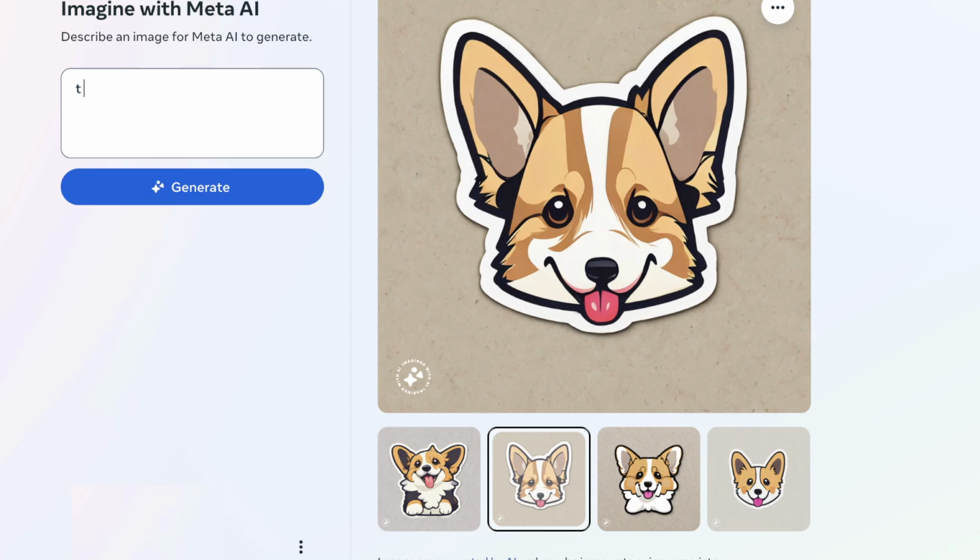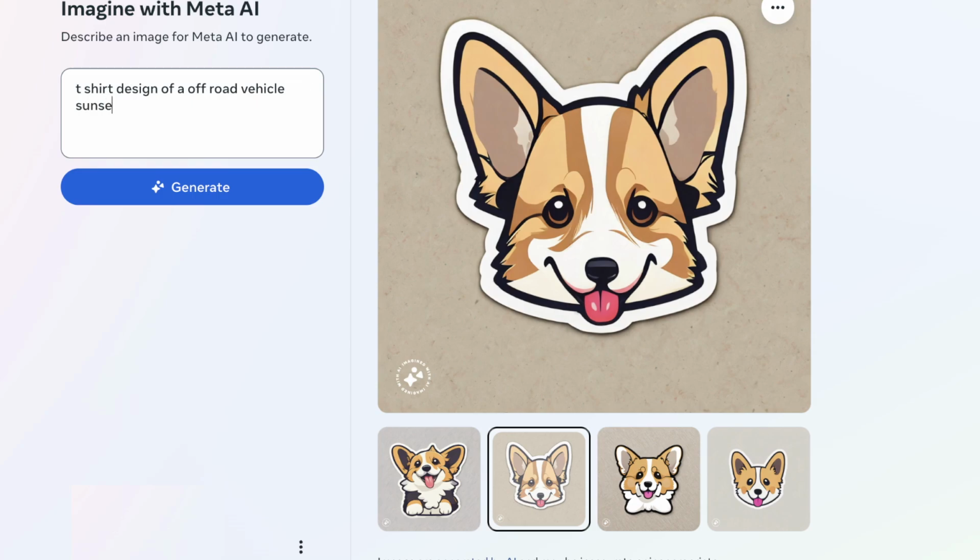Let's do now a t-shirt design, and let's see how it reacts. Because some AIs, when you write the words t-shirt design, will actually create a t-shirt, which is not what we're looking for. But let's create a t-shirt design of, let's just say, an off-road, and let's be somewhat vague with what we're saying. So off-road vehicle, which could be a Jeep type, Wrangler type vehicle. It could be a Hummer. It could be pretty much anything. So off-road vehicle,